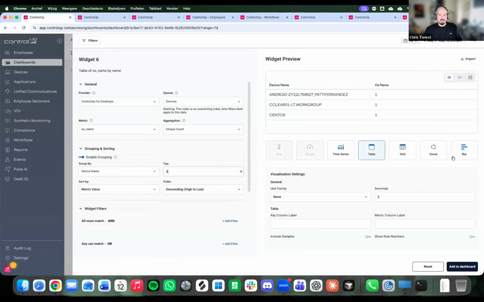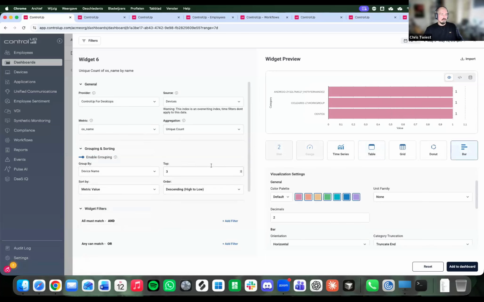The problem now is, you can make a nice bar, but we've reversed these two metrics. I'm now counting how many unique OSs a device has. So instead of telling me we have 30 Windows OSs, I'm saying this machine here, called CentOS, has one OS on it.